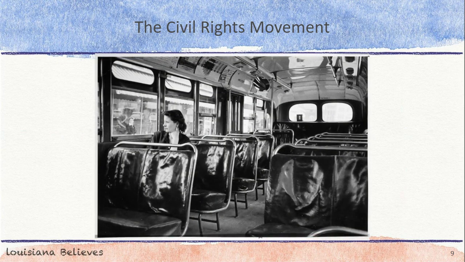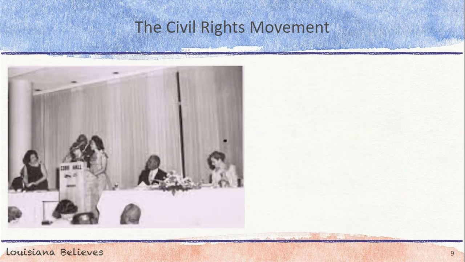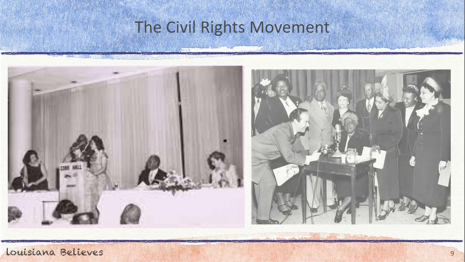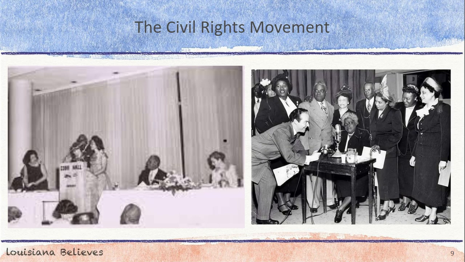The Montgomery bus boycott was a series of protests in Alabama between 1955 and 1956 that targeted segregation on public buses. The Women's Political Council, or WPC, met with the mayor of Montgomery to request changes to the bus system regarding segregation. Some WPC requests included allowing Black Americans to enter the front of the bus instead of the rear and sit where empty seats were available instead of standing. The requests were ignored and plans for a citywide bus boycott began to appear.